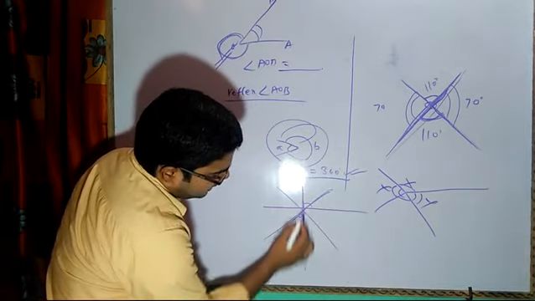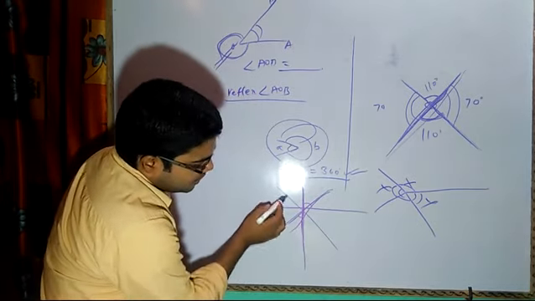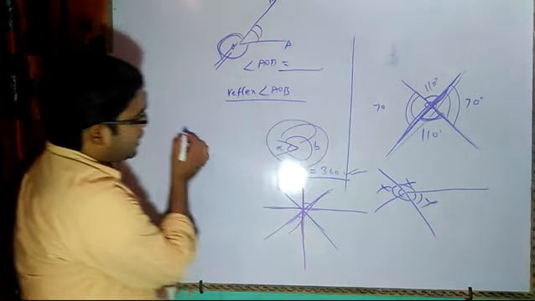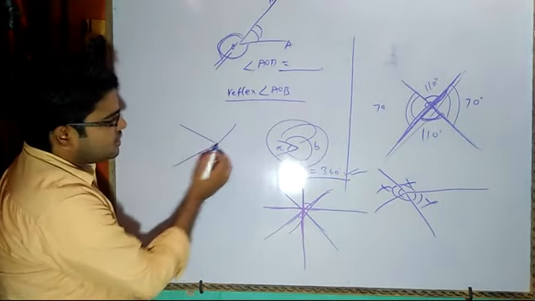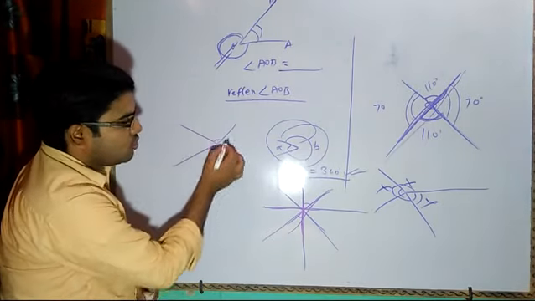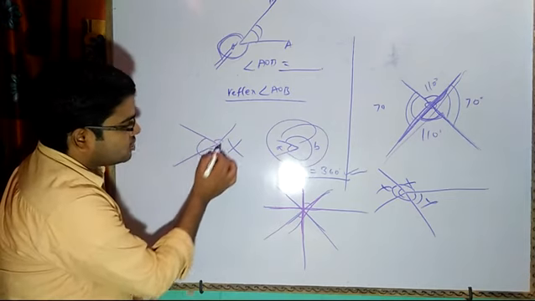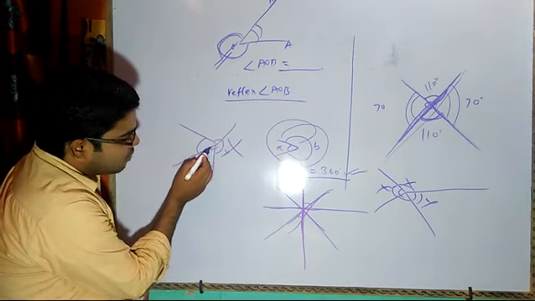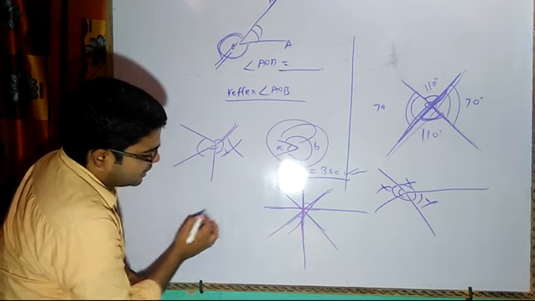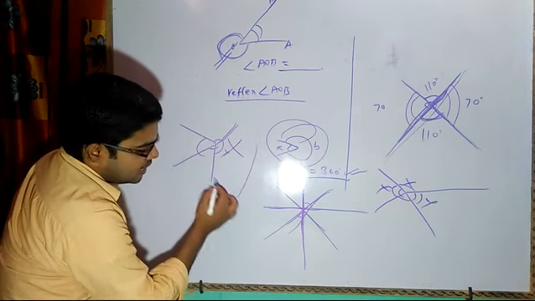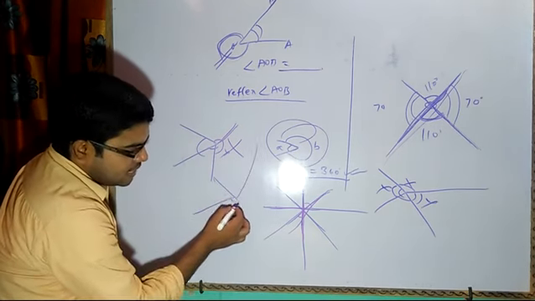This is again forming an X shape here. X shape, here also X shape. Now if I have it like this, then I cannot say this angle is equal to this. This will be incorrect, because from here to here the line is bending. It is coming like this and then going like this. So here there is a bend.